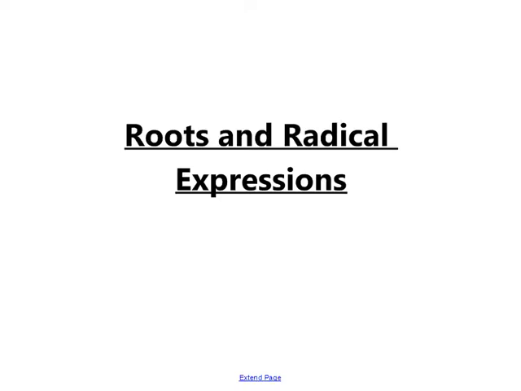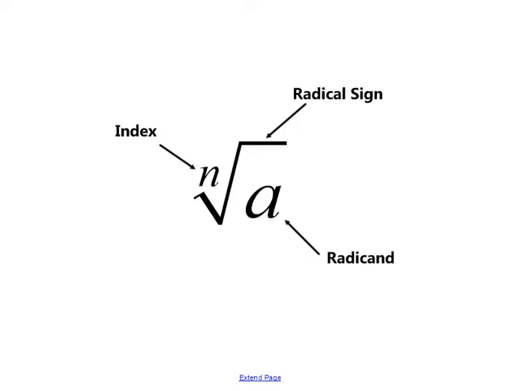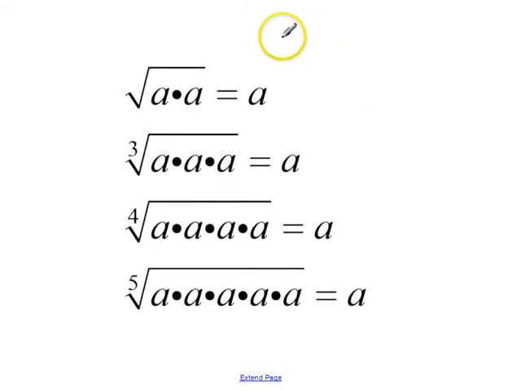Roots and radical expressions. So first let's identify a few terms. This square root symbol is actually called the radical sign. The number that's underneath that radical sign is called the radicand, and the number that sits right here in that radical is called the index. When we've worked with radicals before, we've taken the square root, and the square root actually has an invisible 2